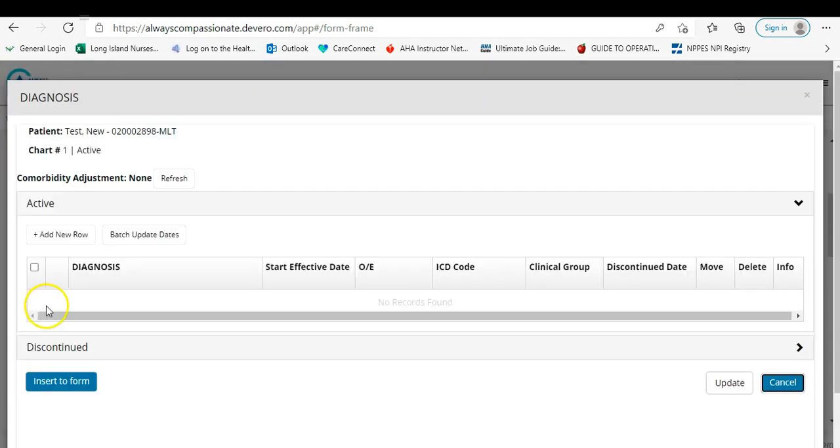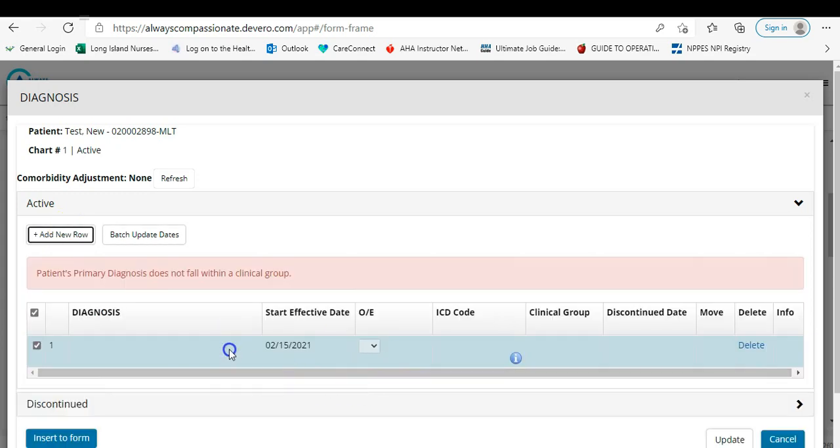We did indicate that our primary diagnosis will be provided to us on intake. You most likely will have an ICD-10 code, which can be inputted into this section here. Or if it was just written out,